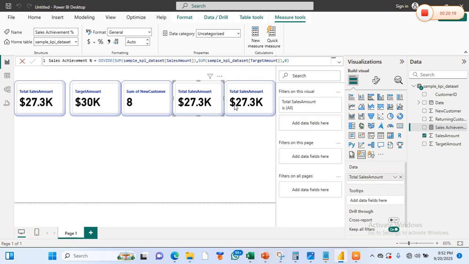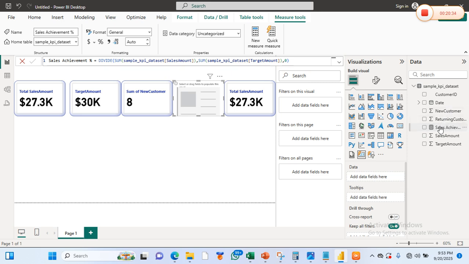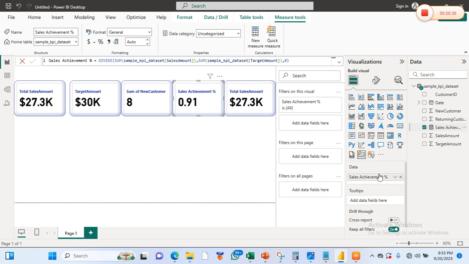Enter. So guys, see the sales achievement rate has been added. So let's pick this off and run. So we have 0.91. So all we have to do is just format this to be in percentage, right?